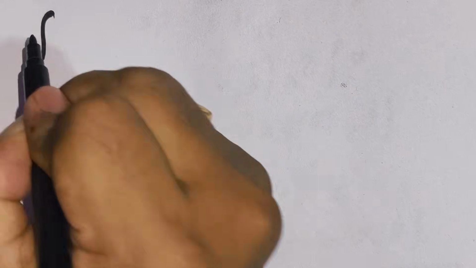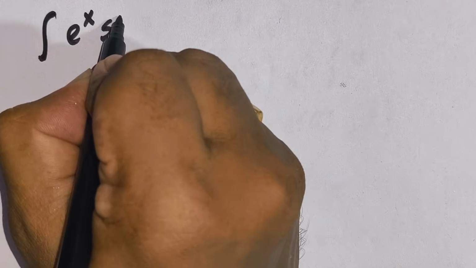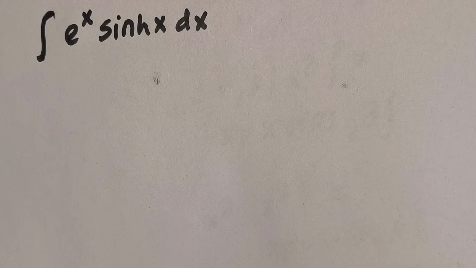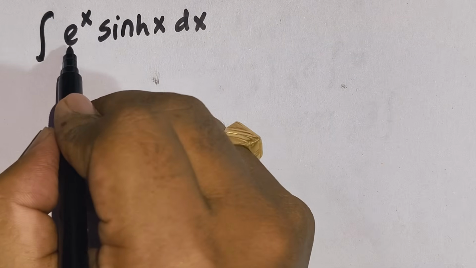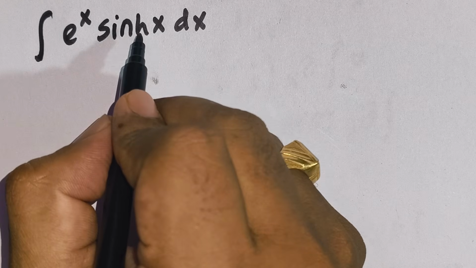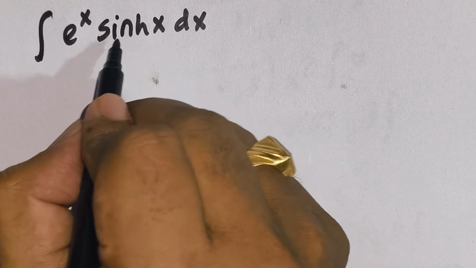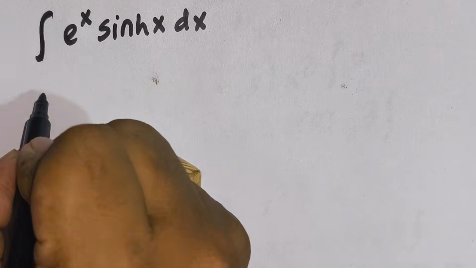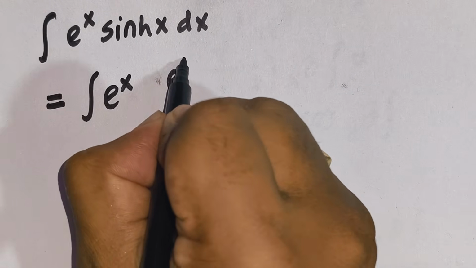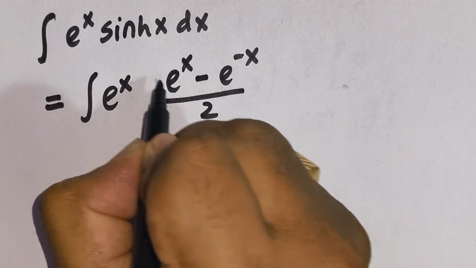Now let's find the integration of e to the power x times hyperbolic sine x dx. When an exponential function e to the power x or e to the power minus x is multiplied with hyperbolic sine, it is easier if you expand the hyperbolic sine. So what is hyperbolic sine? It is e to the power x minus e to the power minus x, divided by 2,